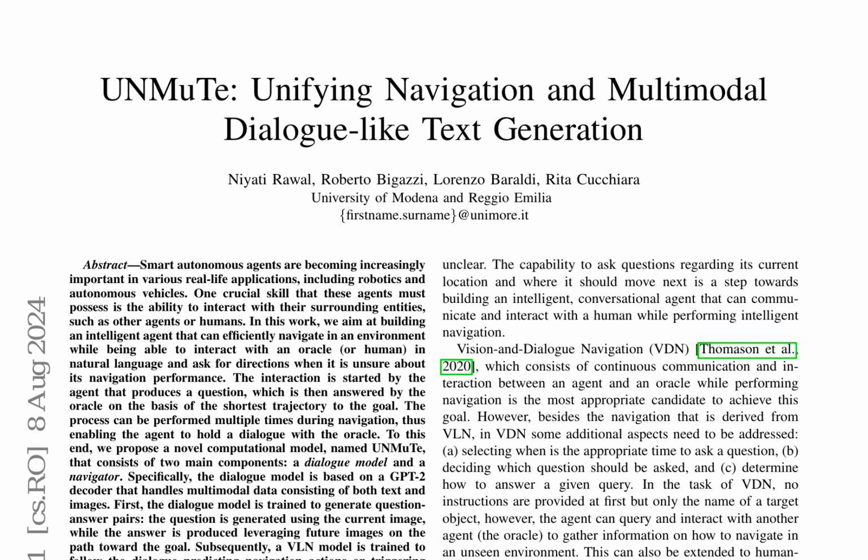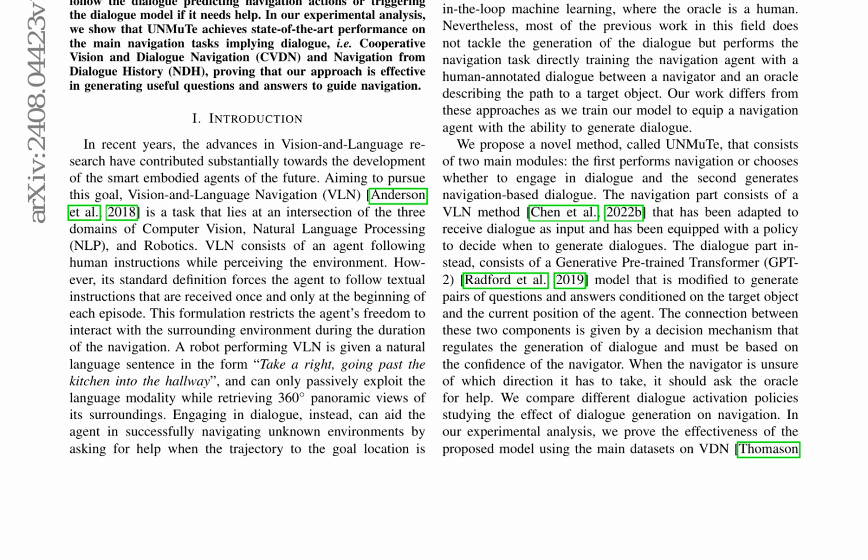However, this setup can lead to the agent diverging from the correct trajectory when the match between the instruction and visual cues is unclear. To overcome this, the authors extend the VLN task by allowing the agent to generate conversations with an oracle, asking for new instructions to redirect it in the correct direction to the goal. The dialogue part of the model is trained to generate question-answer pairs conditioned on the target object and the current